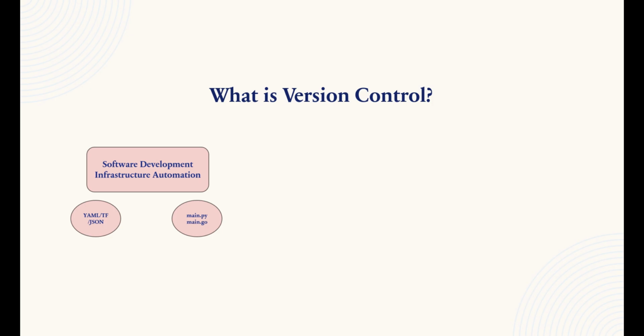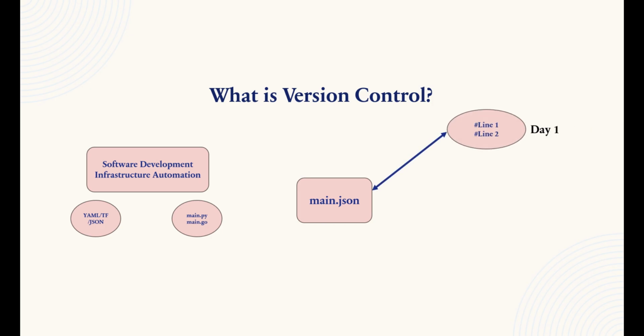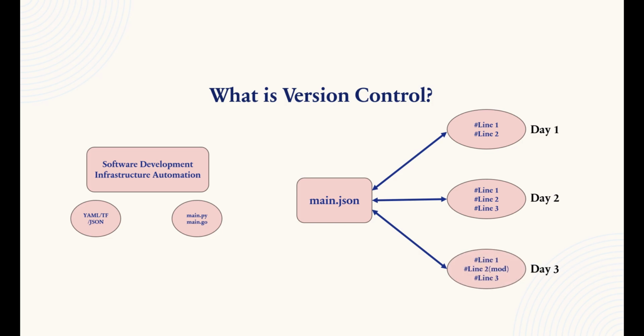The first challenge what we have is, you have a file. Now in this particular file, you will do certain changes on the day 1. You might be adding some lines, let us say line 1 and line 2. You have done the task and you closed it. Let us say on day 2, you have written some one more line in the same file. That is, let us say main.json file. And on day 3, you might be doing certain changes in the line number 2. What does it mean? In that particular file, you have done a lot of changes in the day 1, day